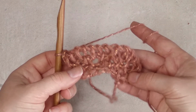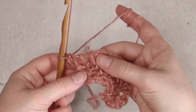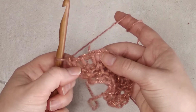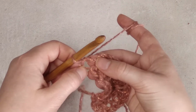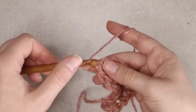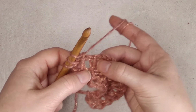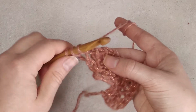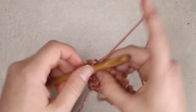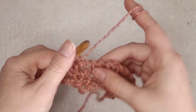Now we have the main setup of the shawl. You will continue working purl stitches in the Tunisian simple stitches or in the full stitches at the beginning here, and Tunisian simple stitches in what were purl stitches on the previous row. We put a full stitch in the first stitch, then we have a purl stitch, then we see that here it was a purl stitch on the previous row. We have a Tunisian simple stitch, then another purl stitch, Tunisian simple stitch, purl stitch,